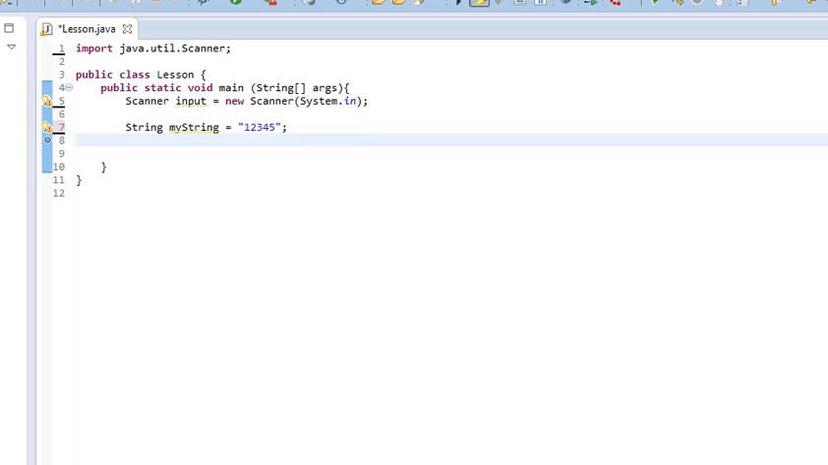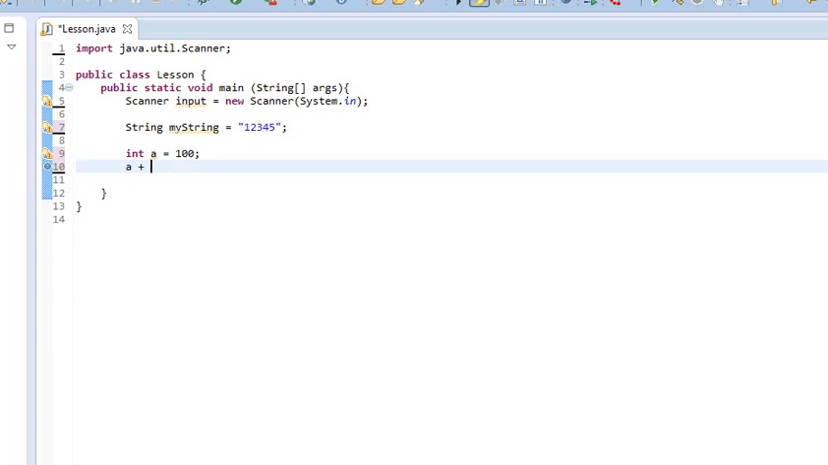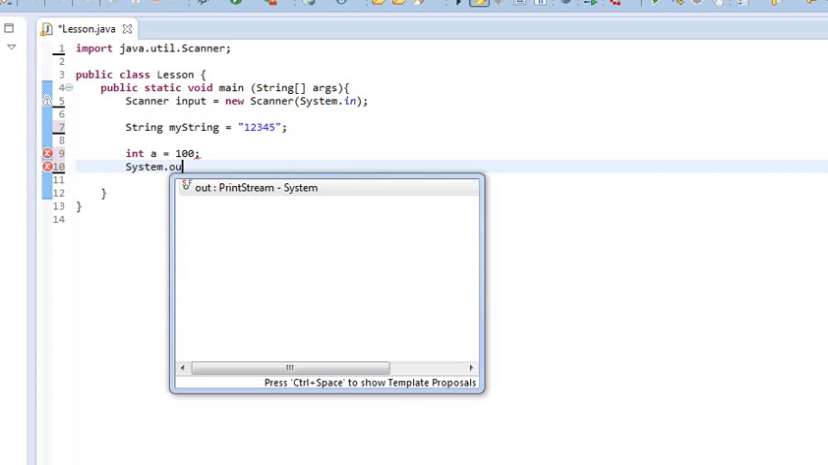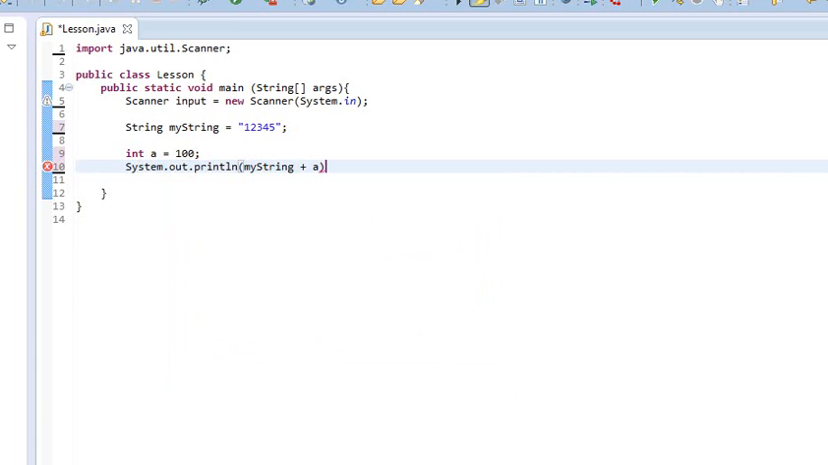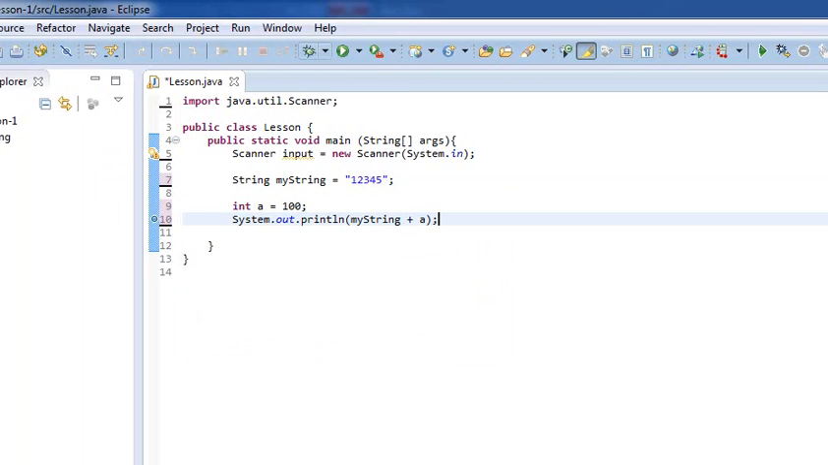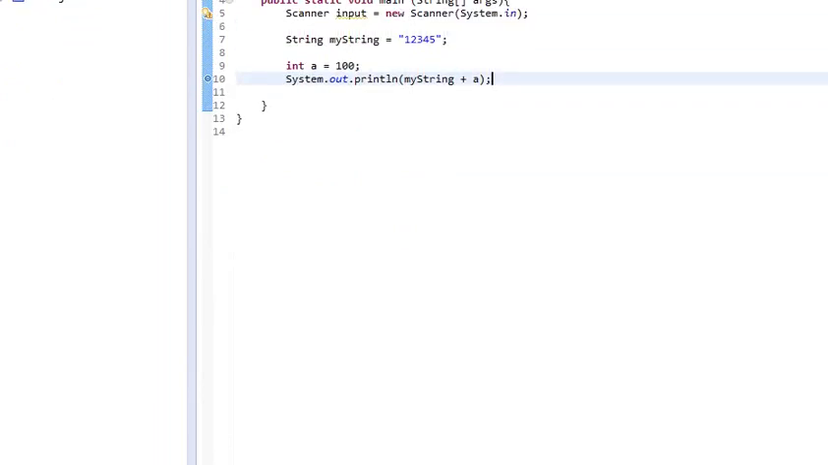Now, there's a lot of problems with this. Number one, how do we get the 1, 2, 3, 4, 5 out of this? What if we want this to be used in a math function? I can't simply go int a equals 100 and then do a plus my string equals something. If I try that, it's not going to work. So what if I try something like system.out.println and I do my string plus a? This is sort of an interesting theory. Let's see what happens. The answer is, unfortunately, you get 1, 2, 3, 4, 5, 1, 0, 0,